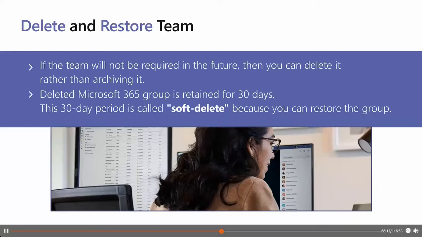You find it in the admin center under Teams. Select the team by clicking the team name, and you just select delete. To restore a deleted team, you can go through the typical restore process that is mentioned here, in this case up to 30 days.